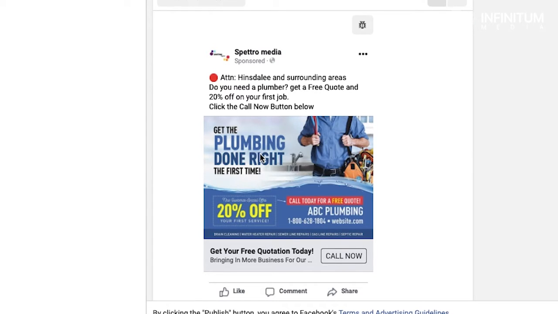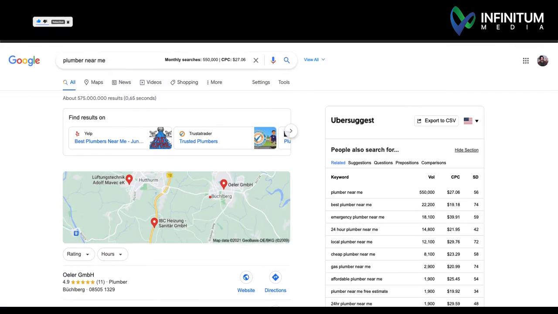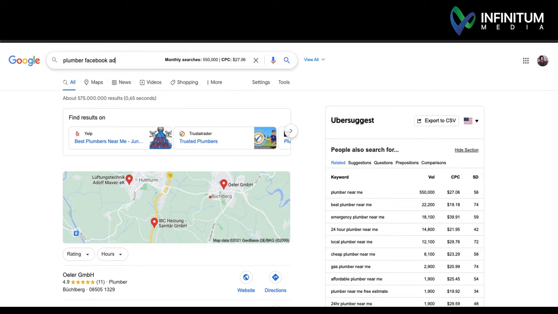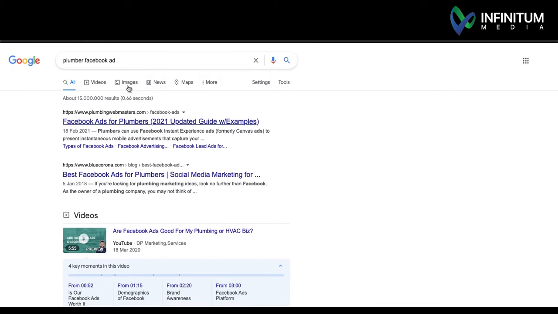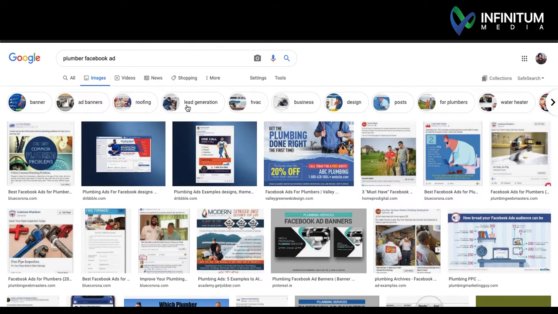Now if you're wondering how you can make this great ad, you can go to Fiverr, and Fiverr is a freelancer community. You can get an ad made like this one for $5. Okay, and it can run for months after months. Now if you want to do it yourself, literally write on Google plumber Facebook ad, and it will show you tons of examples that you can take inspiration from and use a tool called canva.com to go and create something similar